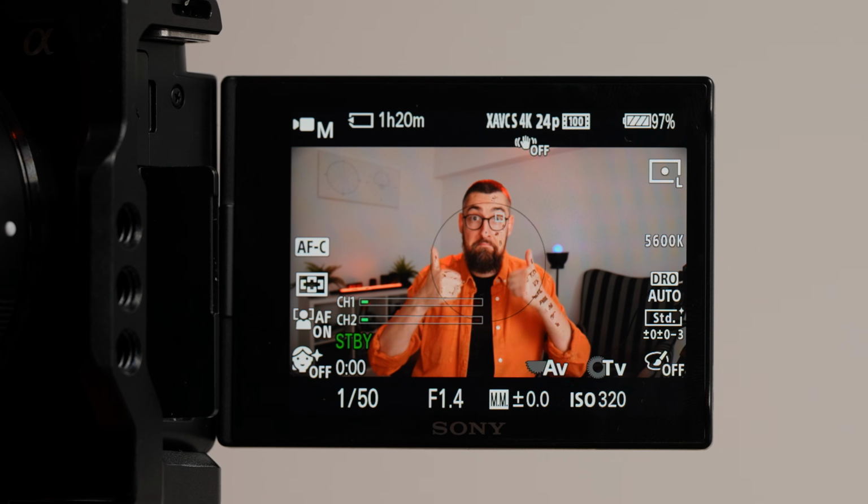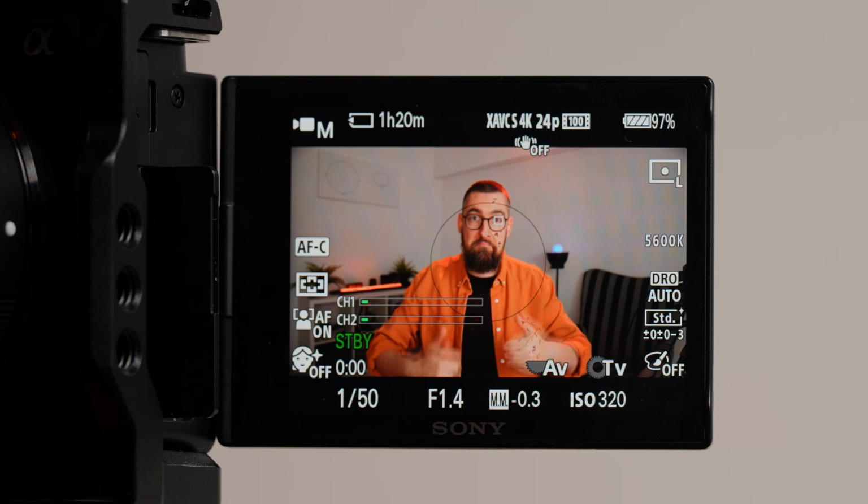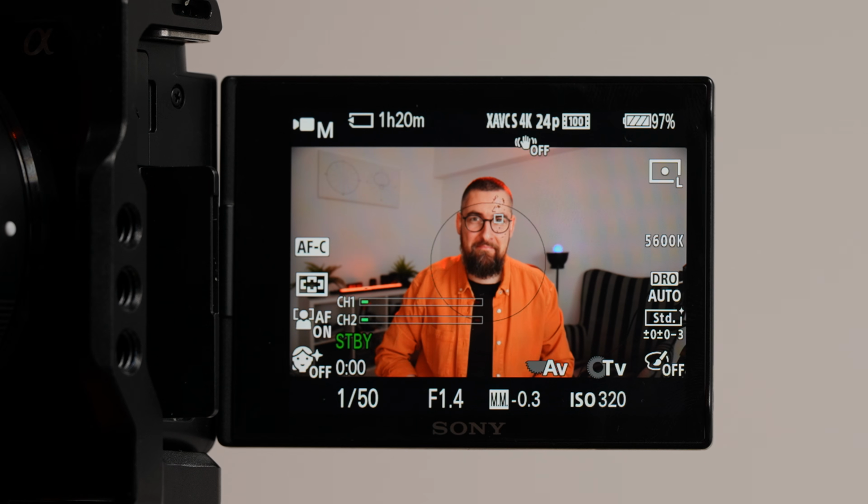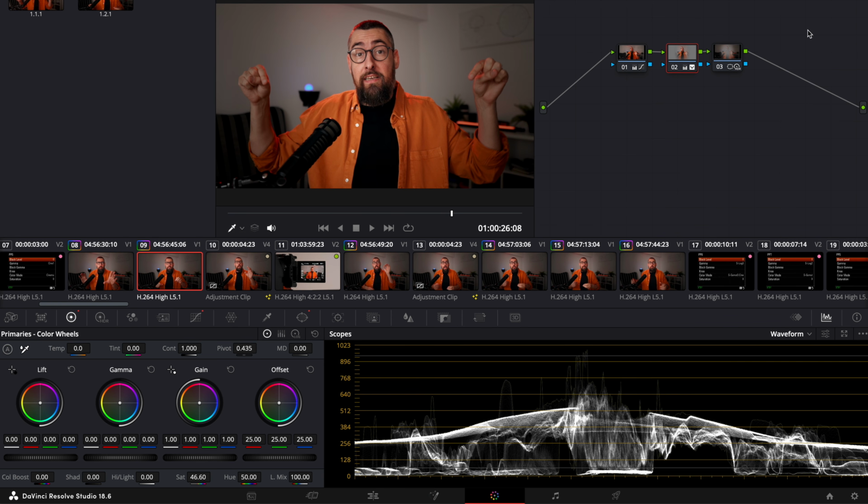indoor videos and talking head videos. And also discover what's the best picture profile for this kind of shot. If you have your image exposed properly, you will obtain the best image possible, and this will also help you with the color grading because you don't have to do too much. To a properly exposed image, you only need to make small and easy improvements in post-production and it will look amazing. But to learn how to apply the best and easiest method to achieve perfect exposure, you must first choose